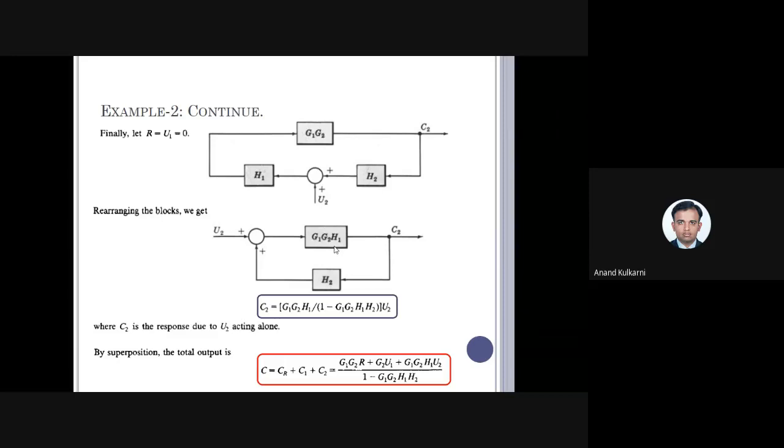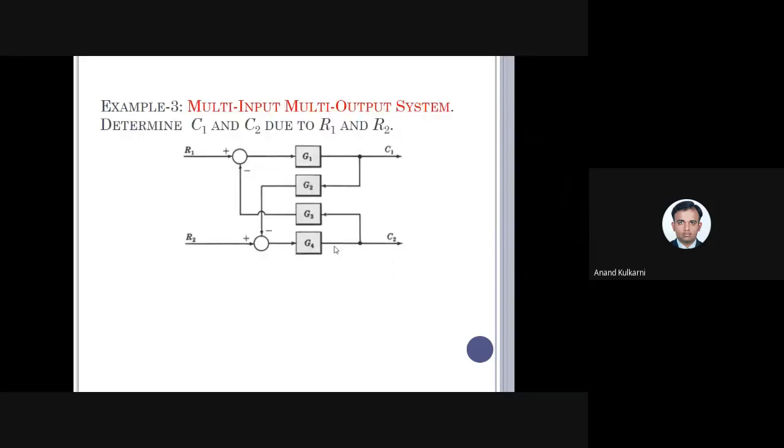Any doubts? And remember, if this kind of problems are there, the problem will be very simple. When you substitute those inputs and make the input 0, we get a very simple one cascading and one feedback. So there is no complexity of shifting the summing point from one point to another, or moving the takeoff point. Those kinds of problems are not there. Very simple problems.